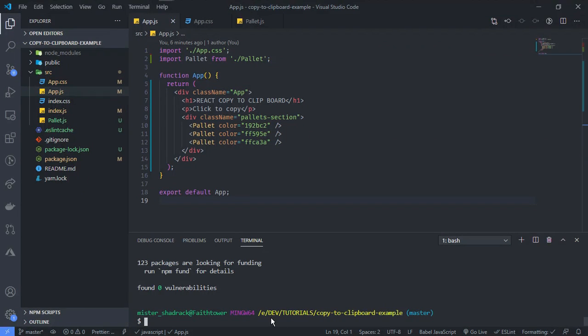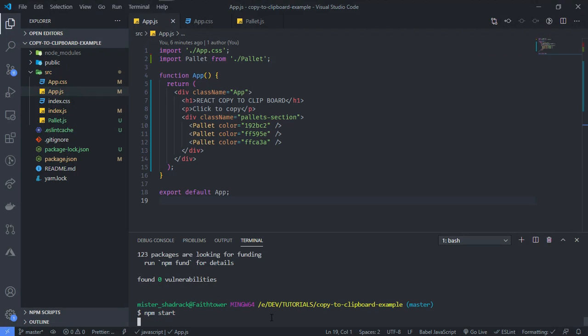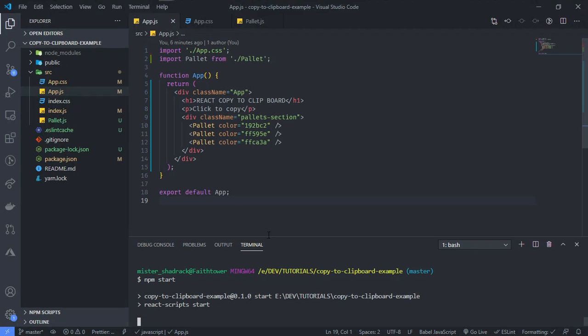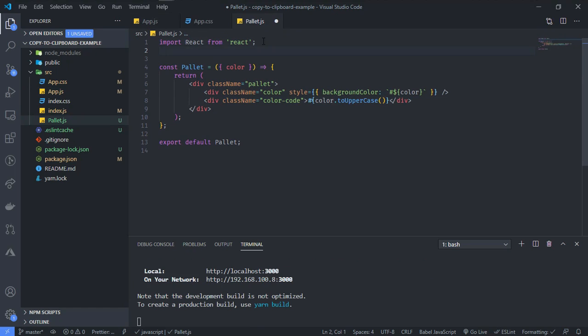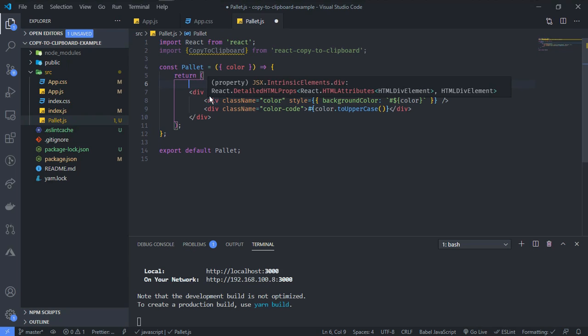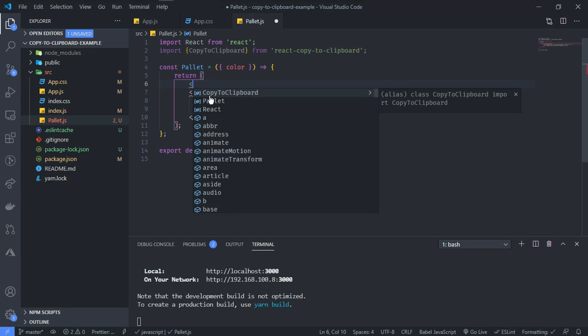It's done installing. I'll just do npm start again. Once it's done installing, it means I can now import it. So I'm going to use it in the palette component. I'm going to import copy to clipboard from React Copy to Clipboard. I'm going to put the component around this. So copy to clipboard,